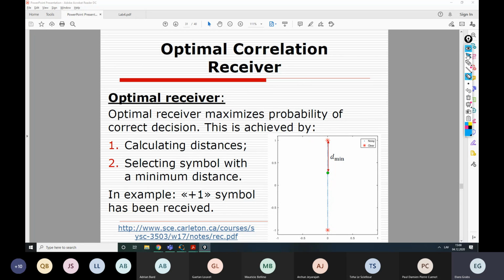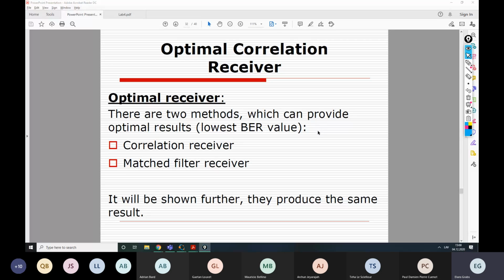So how to make the optimal receiver based on correlation. There is also another way, which is called matched filter receiver, and we will talk about that on our next week lesson, on our next week practical exercise as well. So we will have lecture, practical exercise, and work on closed project during our next week. So as I have told, we will have more practical working with this material than theoretical,